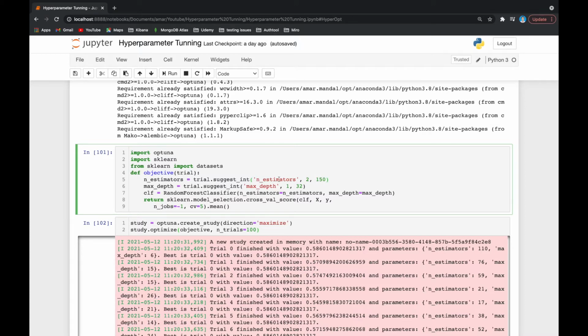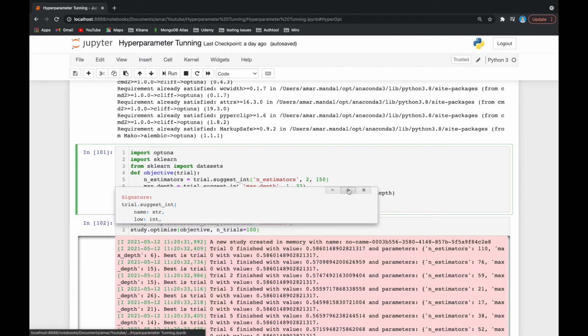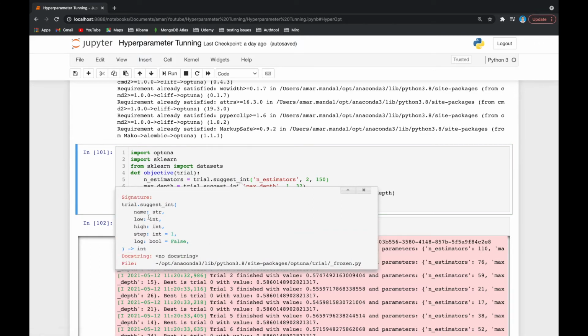Now let us see what all parameters we have to pass inside this method. We have name, which you have to define, like for n estimators you want to do hyperparameter tuning. Okay, string you have to pass, then as it is an integer, the lowest value and the highest value, and the step. Default value is 1. And you can convert this integer value into a logarithmic scale by passing a boolean value as true.